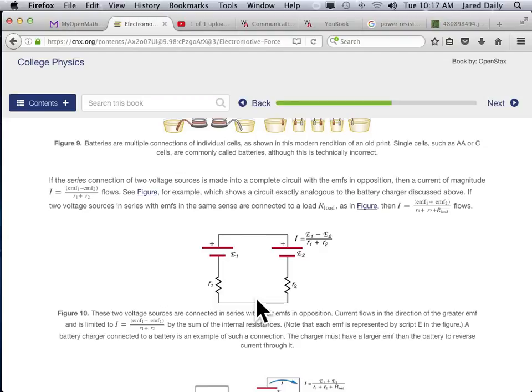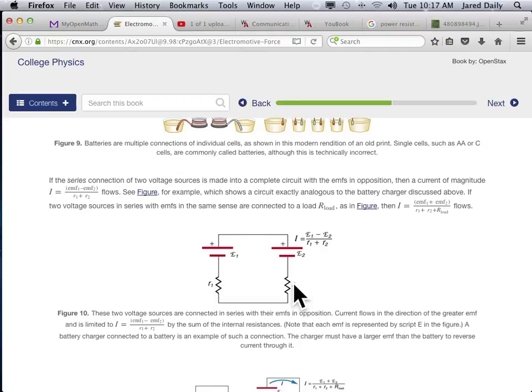So each battery is like a tank of current, and it can provide so much current. But if you put two tanks side by side and provide current side by side, you can provide twice as much current. So it increases the amount of current in a linear fashion. Your current all of a sudden doubles when you do this. But your internal resistance goes down. So if you have batteries connected in parallel, while it won't provide more power,